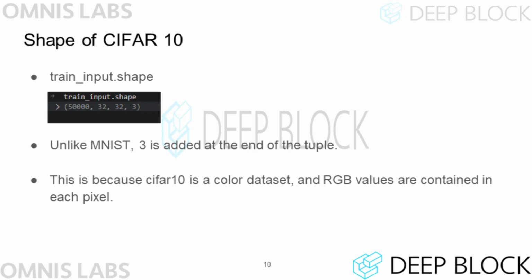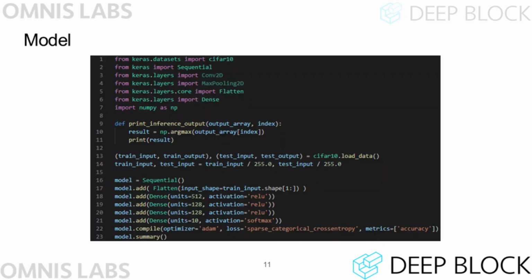And unlike MNIST, the color information of one pixel in the CIFAR-10 image cannot be expressed with a single number. Instead, the color information in one pixel is represented by 3 numbers. Each number represents a red, green, blue value, and this information allows each pixel to make up a color image. Let's rewrite the code in the CIFAR-10 classification nn.py file as follows.